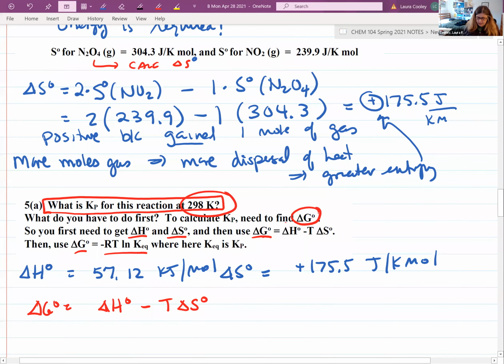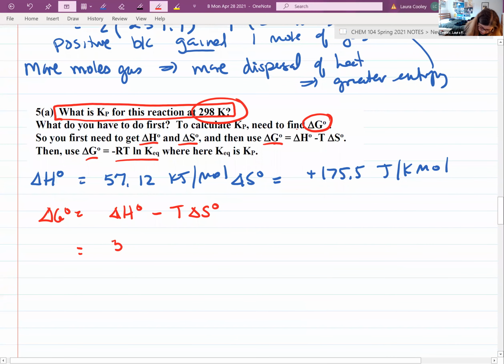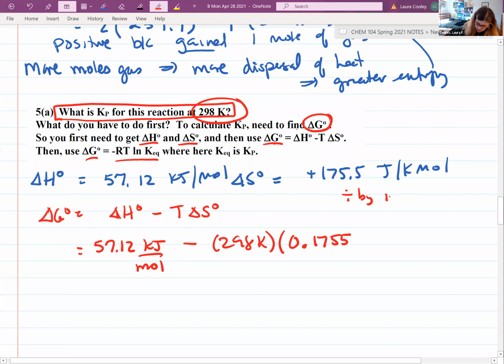Yeah, okay. So here, we're going to take our 57.12 minus 298 times, now, I can't put 175.5, right? I need to convert, because this is 57.12 kilojoules per mole, 298 K. Now, it has to be 0.1755. You have to divide by 1,000 to get kilojoules. So this is kilojoules per mole Kelvin. Kelvins cancel. And you end up with 57.12